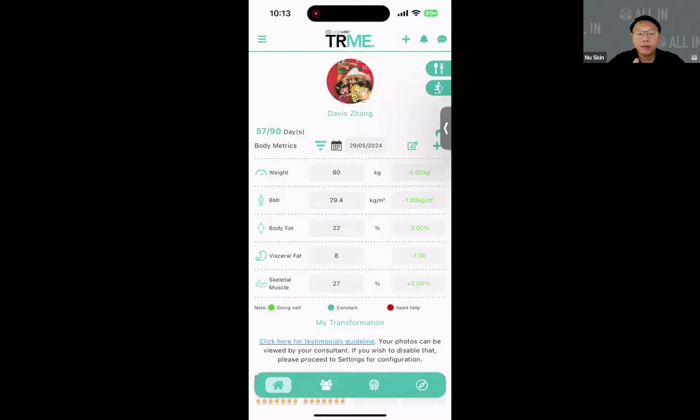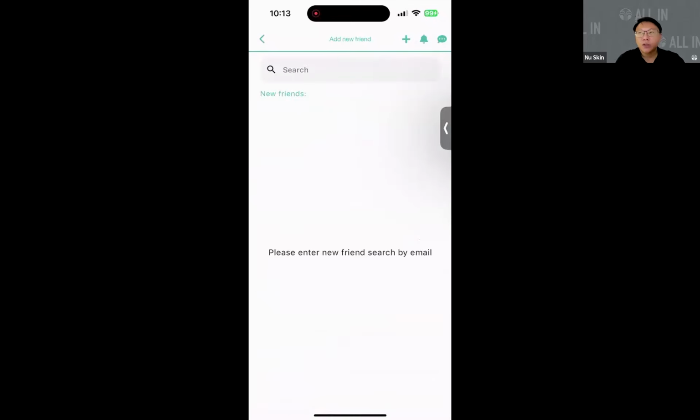So now let's put our eyes back at the top of the application. On the right side of the TRME logo, you will see a plus sign. This is the one that we are talking about, the plus sign. With this plus sign, you will be able to add friends, okay? Friends including your consultant, right?